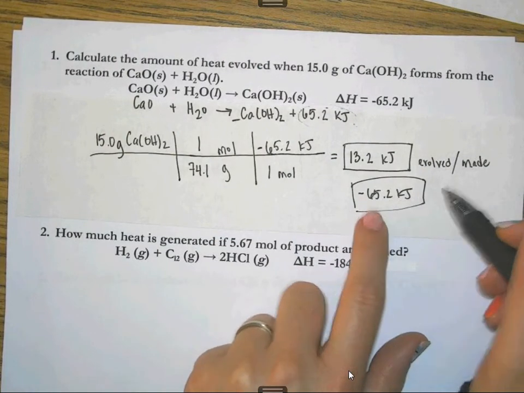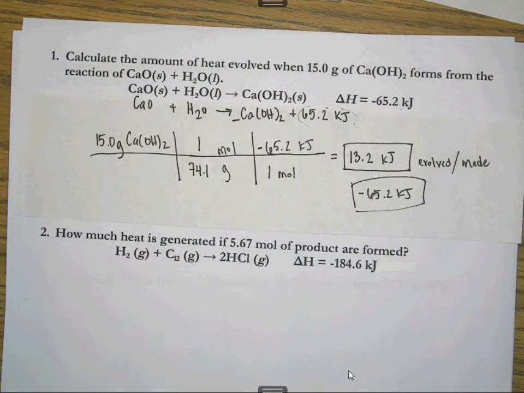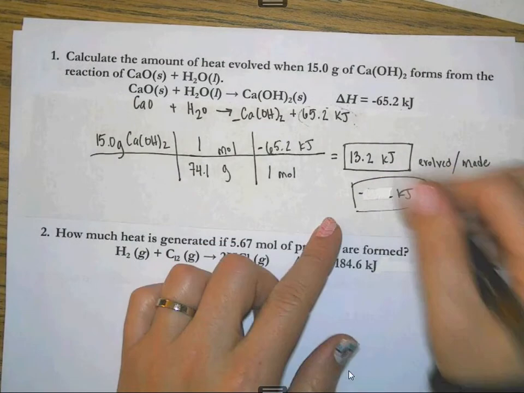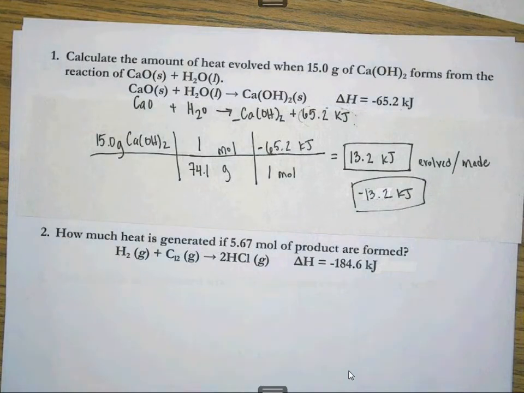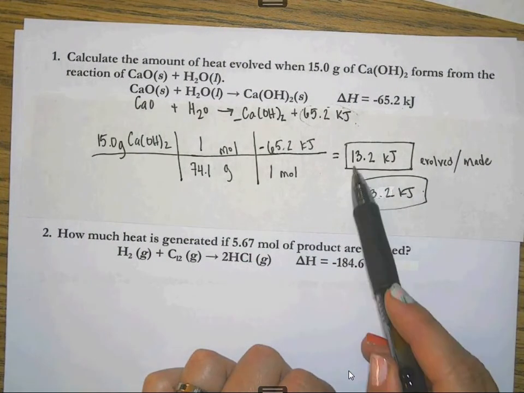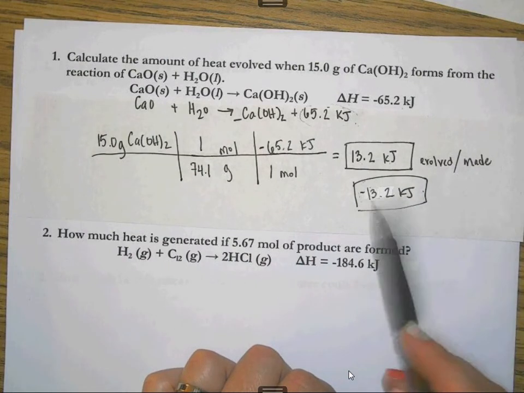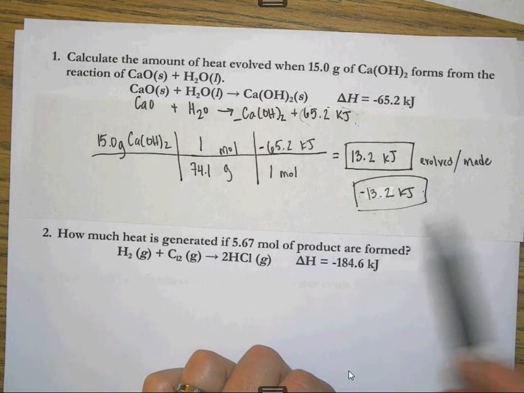If I don't put it, then I must have words. So you either need a negative sign and just the number with the unit, or you need, and I wrote the wrong thing there. I wrote the 65.2 kilojoules. I can answer that it's negative 13.2 kilojoules being produced. So I can write it this way, negative 13.2 kilojoules, or I can answer it 13.2 kilojoules evolved or made,